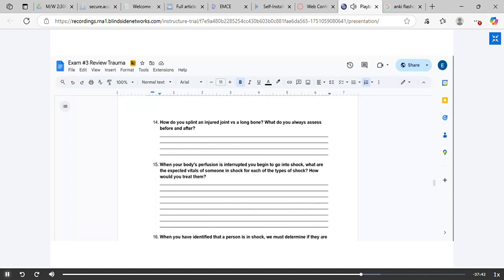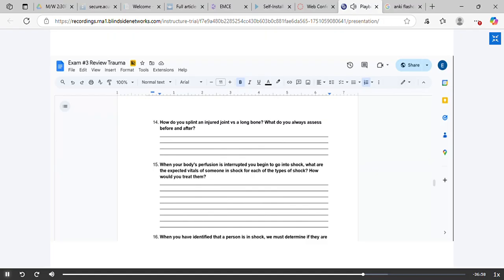Okay, if you don't have good pulses before, you normally have one chance to move or adjust the extremity to see if you can restore circulation before you splint it, okay? But we're not sitting there manipulating and all that kind of stuff. Even if the bone is like crazy backwards or something like that, I know in the academy class we were talking about, maybe it's an ankle fracture and the foot is backwards, if you have good pulses and good sensation, then you splint as found,